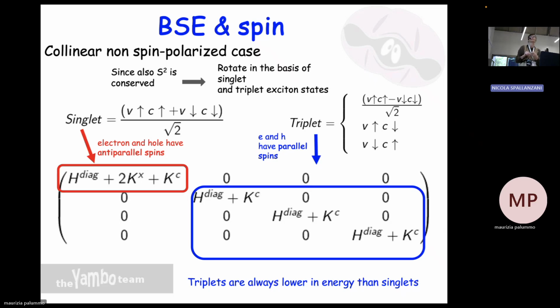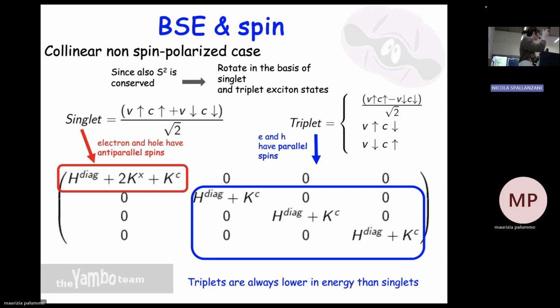If you include the spin degree of freedom, you can separate the space, since S squared is a good quantum number in the non-spin-polarized case, and you can deal with singlet and triplet states. And you know that by the spin selection rule, only singlet states can be excited by light in the dipole approximation. So what you will actually do in the tutorial is solve an equation where